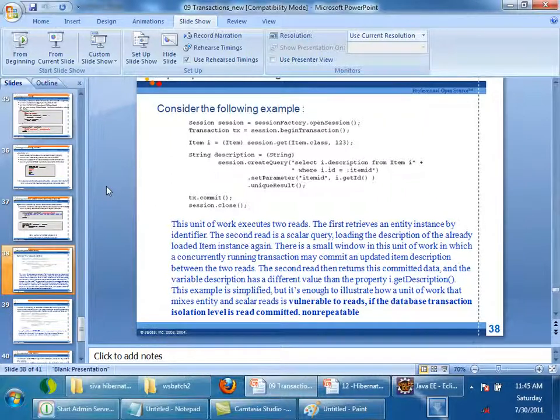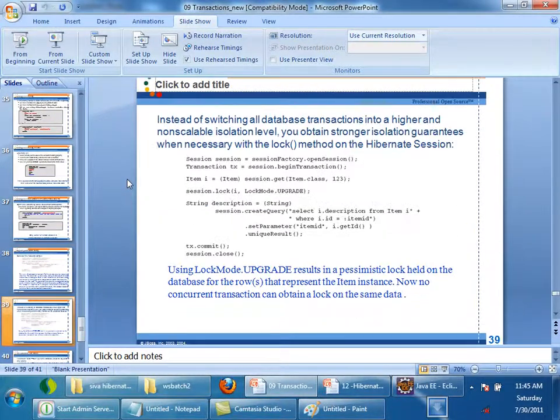Now if you don't want to face such a problem and want to lock it, see here: after I do session.get 123, after this transaction gets an item, I don't want anyone else to get the same entity and make modifications. So what I am saying is session.lock, and I am specifying the lock mode. I will talk about lock modes in the next slide.